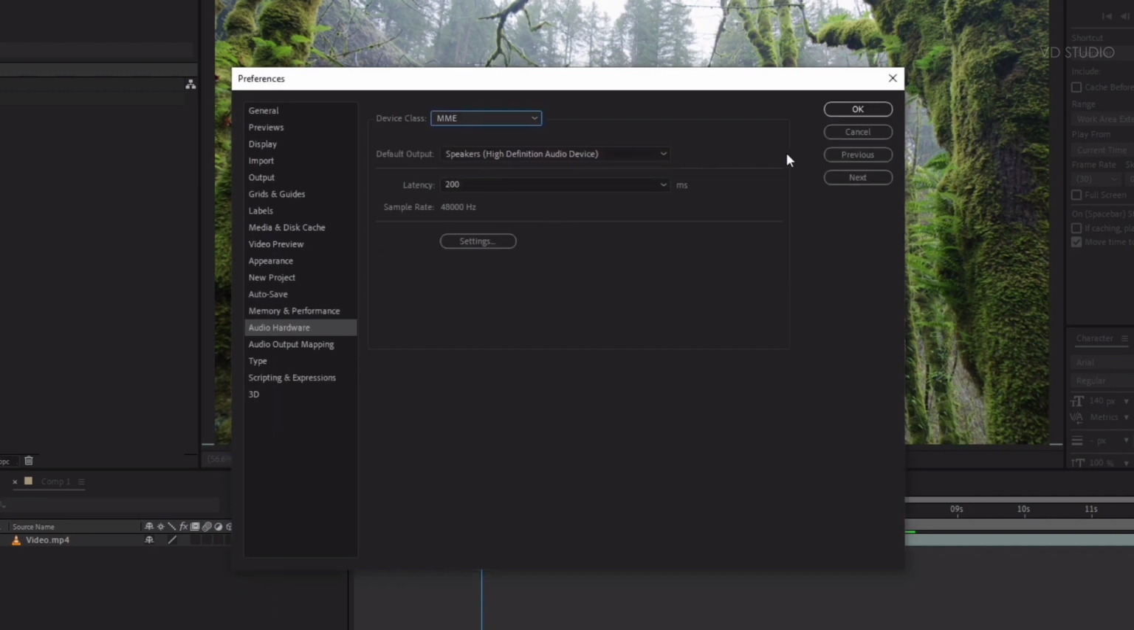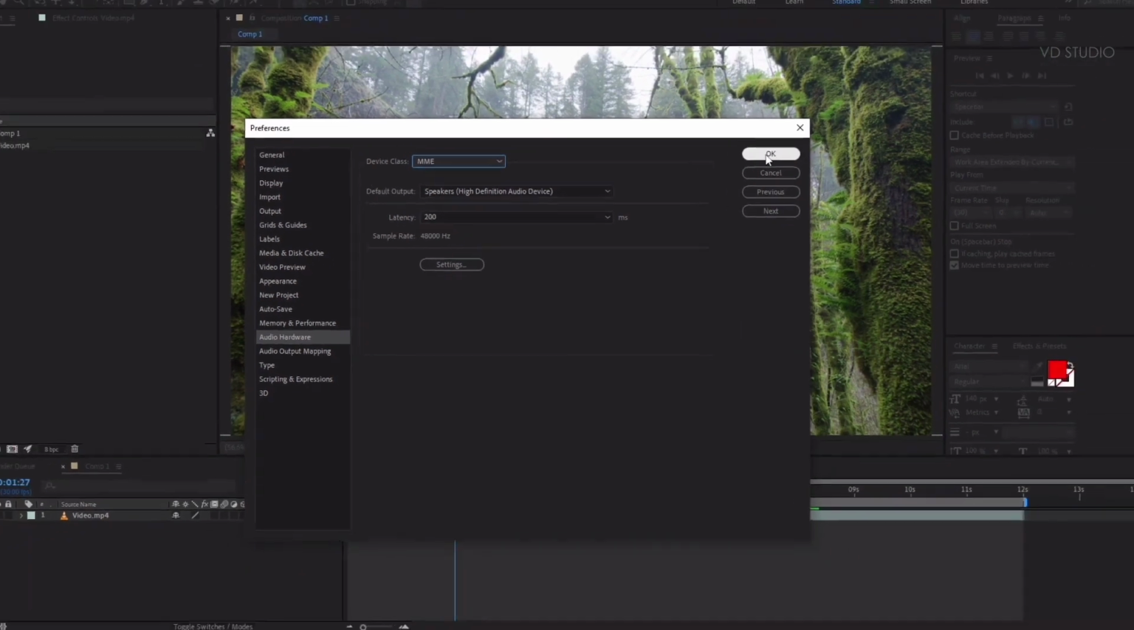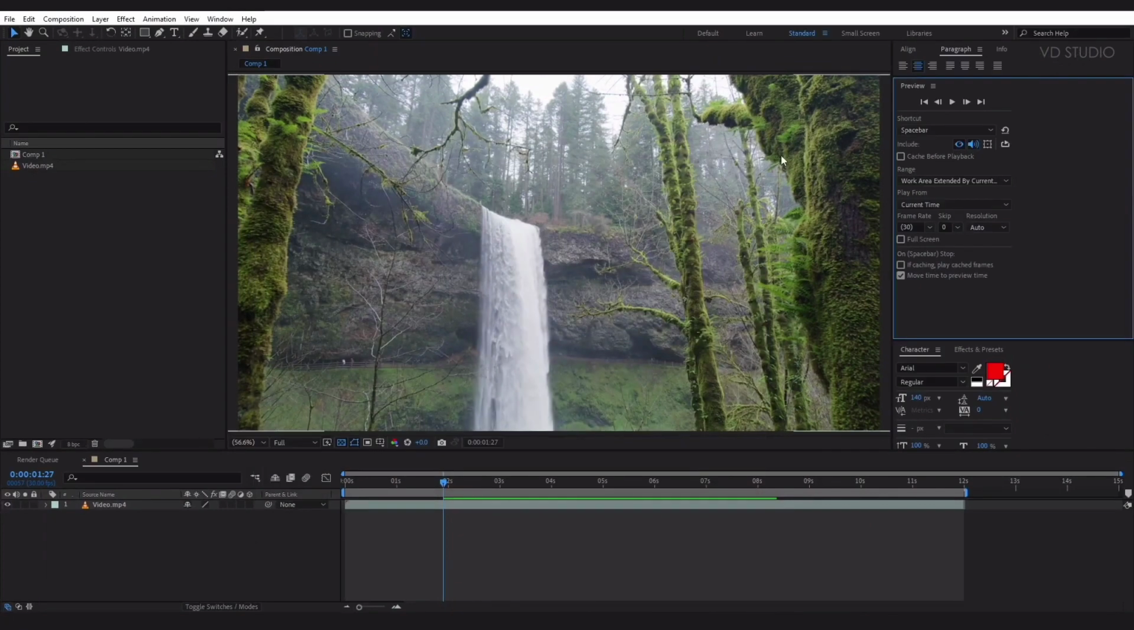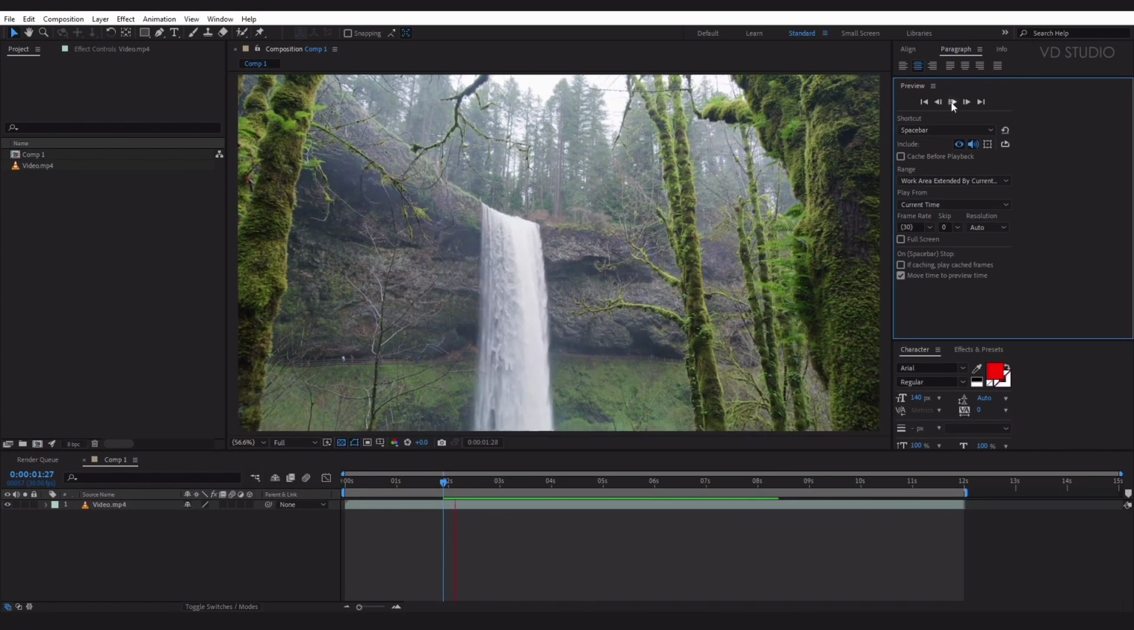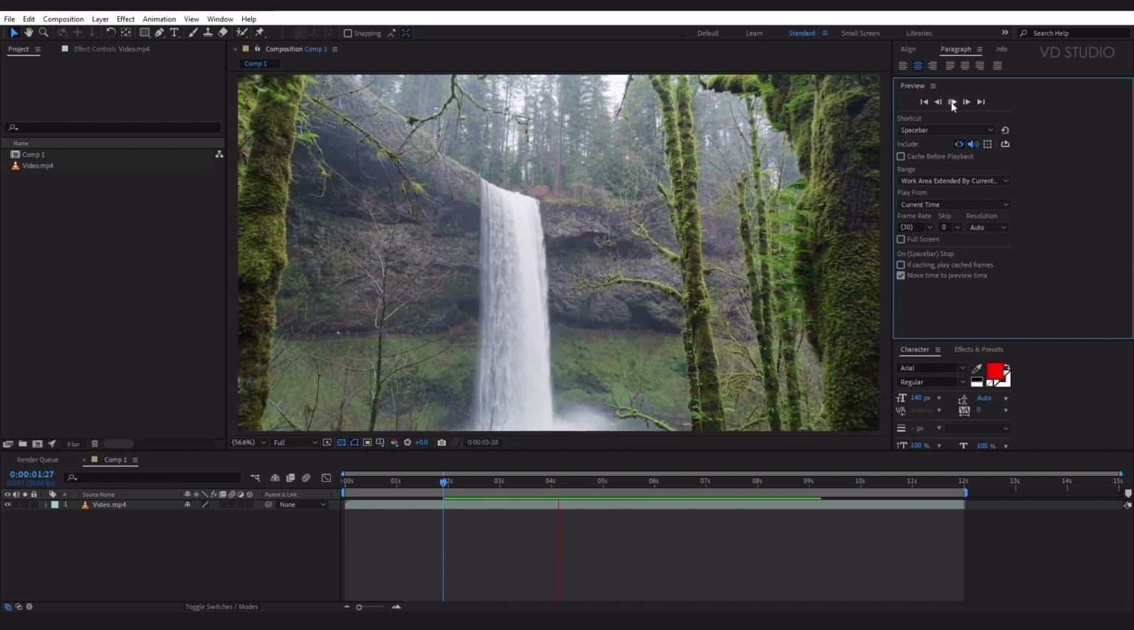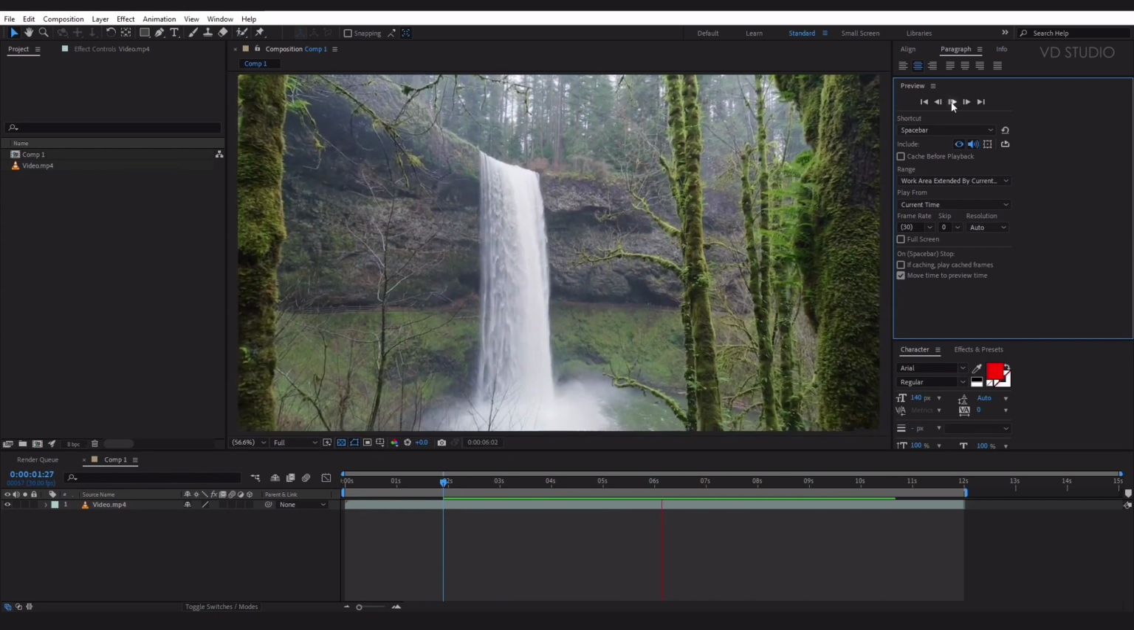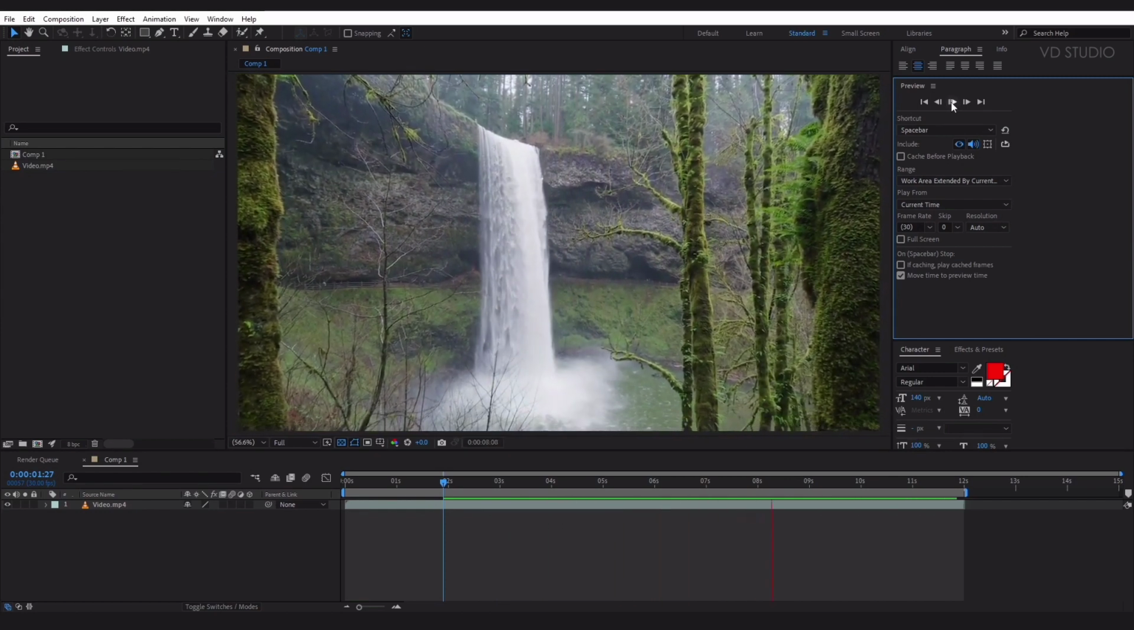Also, change device class to MME. Maybe you will get any other option like ASIO. Change it to MME and click OK. Now let's play the video. Bingo! It's playing perfectly. If you are still getting the issue, then go back to Preferences and change device class